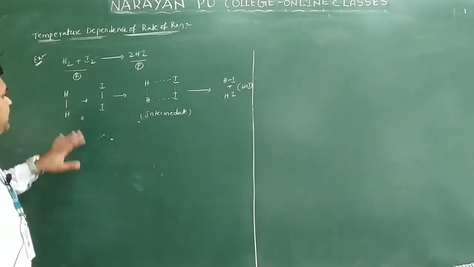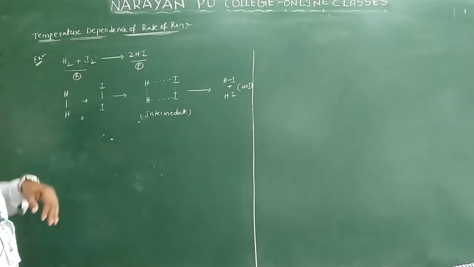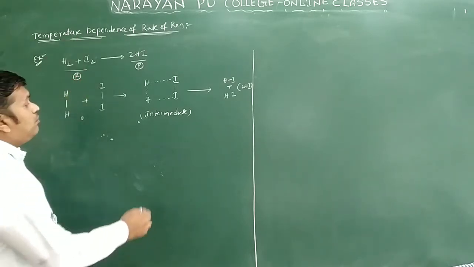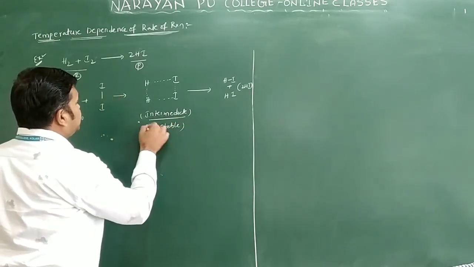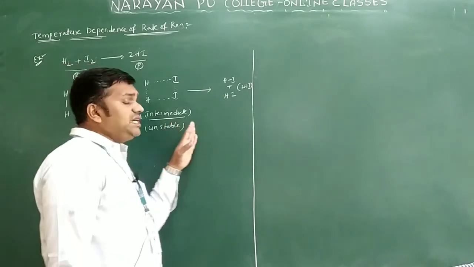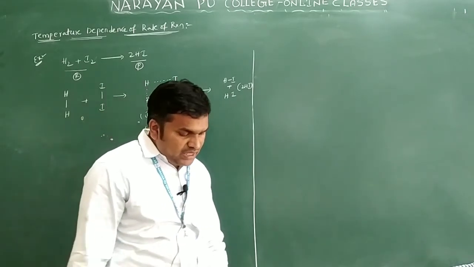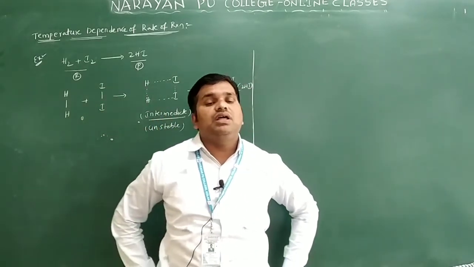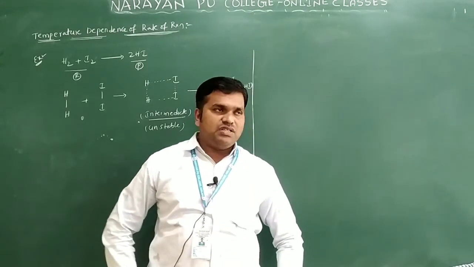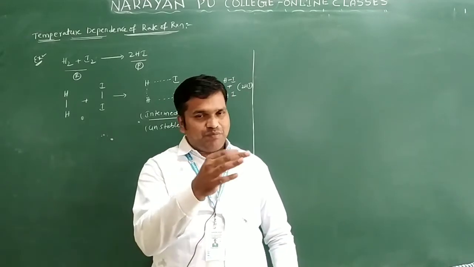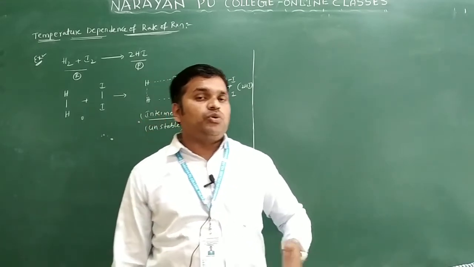Here the reactant molecules are H2, which I write as H and H, and I2, which I write as I and I, and both combine to form an intermediate. This is an unstable intermediate, and the intermediate can break to give the products. The formation of the products mainly depends on the collisions between the reactant molecules. So this concept is collision theory. I am just telling 2 or 3 points regarding the collision theory. Reactant molecules are converted into products.